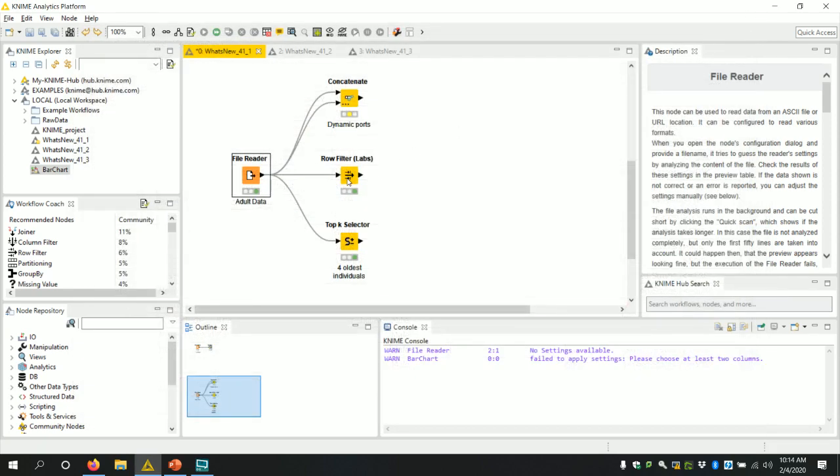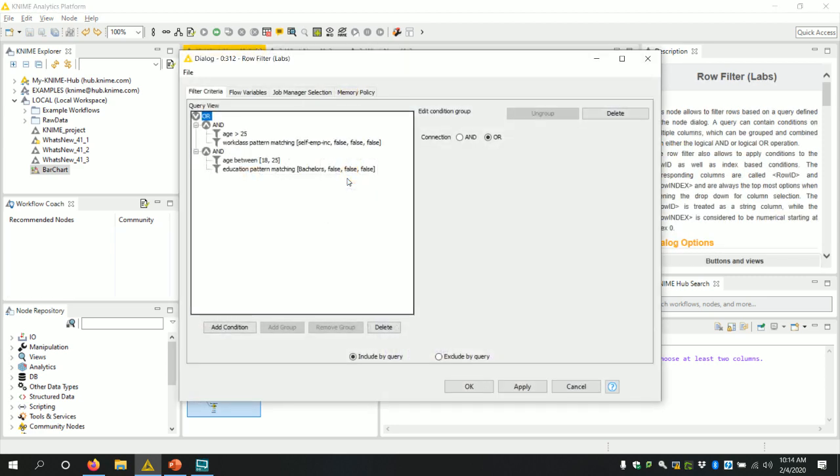So if I wanted to filter some of that information down, I can use the row filter labs node here. And in the configuration dialog, I've already set this up. I get this kind of branching tree view that allows me to specify different groups and different conditions. So I have a couple of different groups here. One that's under an AND heading. So it's basically saying, look for anyone with an age greater than 25 and that has a work class that matches this self-employed thing. So those people would be included in the filter